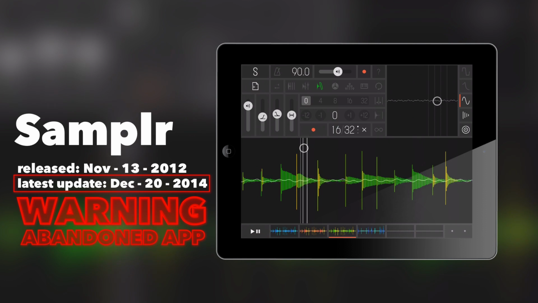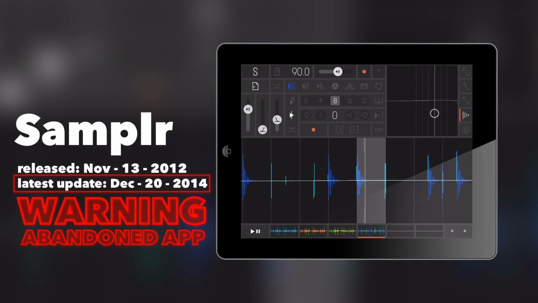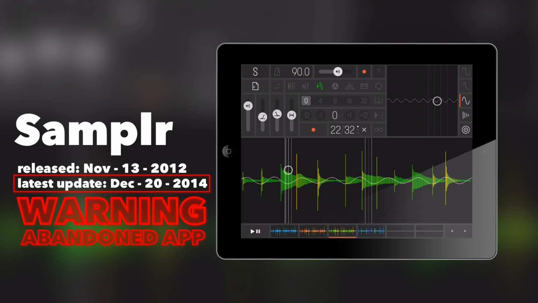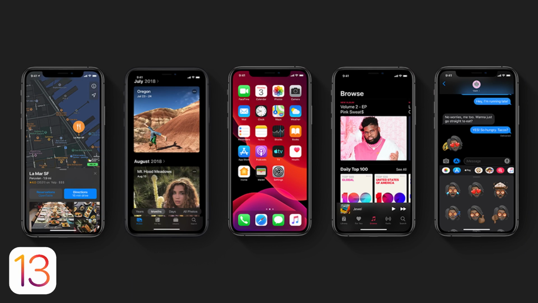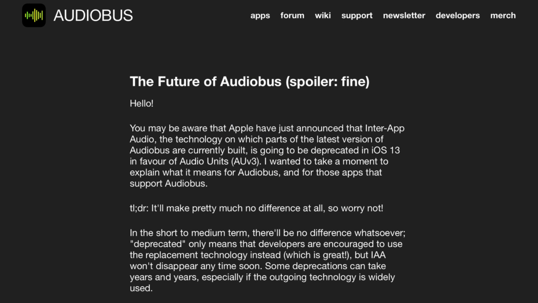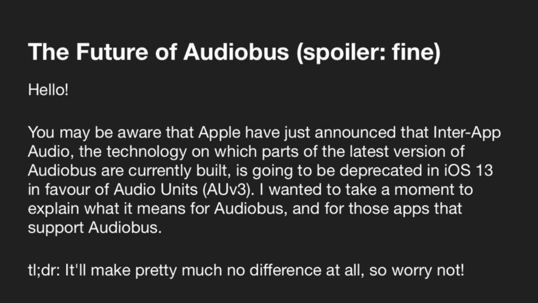Okay, listen up. A lot of users have already started reporting Sampler being broken on newer devices or newer versions of iOS, and moving forward, into iOS 13, who knows what's going to happen. It might even disappear completely. It's using the IAA protocol. Yeah, I don't recommend it, but at the same time,